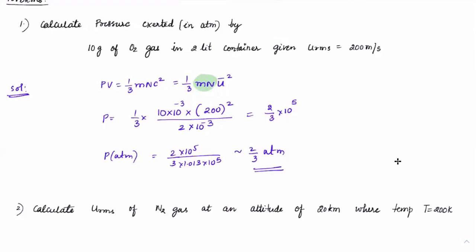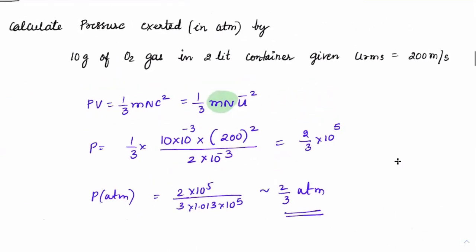Can you explain again? Okay. Check, beta. We know the equation PV is equal to 1 by 3 mn c square. 10 grams of O2 means this is the total mass of O2 in the system. Total mass is nothing but the mass of a single molecule multiplied by the total number of particles. So m into n is the total mass of the gas, which is given as 10 grams already. So I have to convert this 10 grams into kgs, so 10 into 10 raised to the power of minus 3, multiplied by